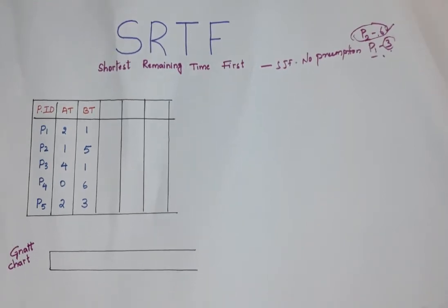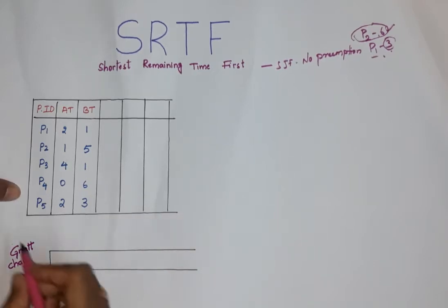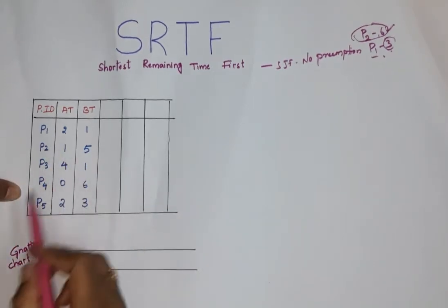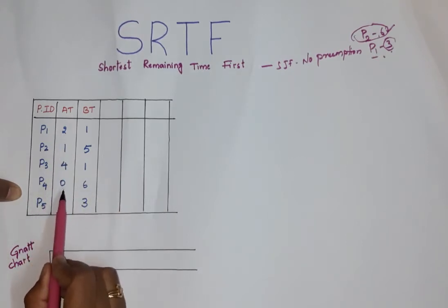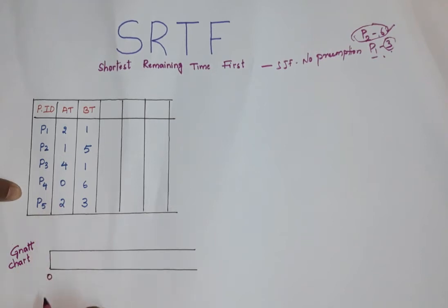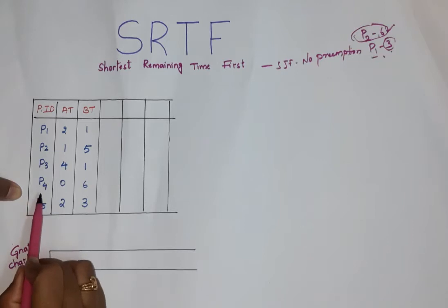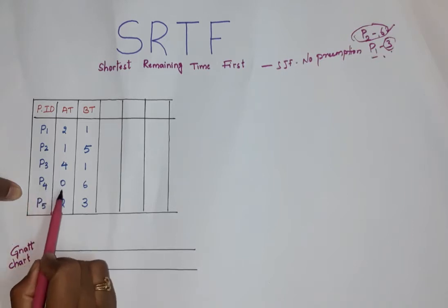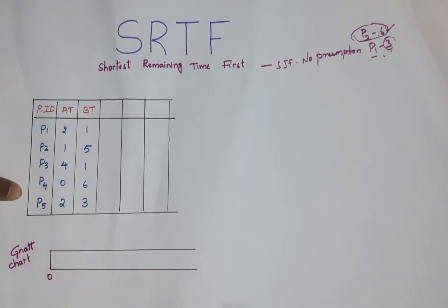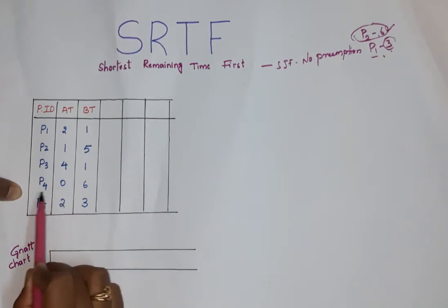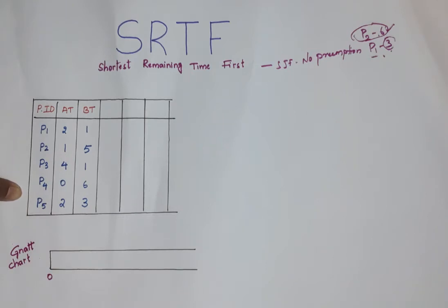Now let us discuss how it works. First, which process arrived first? We have to check the arrival time. What is the arrival time of P4? 0. At the 0th time P4 came. Though the ID of this process is P4, still the arrival time is 0. So there is no other chance but to take the P4 process because it has come in the